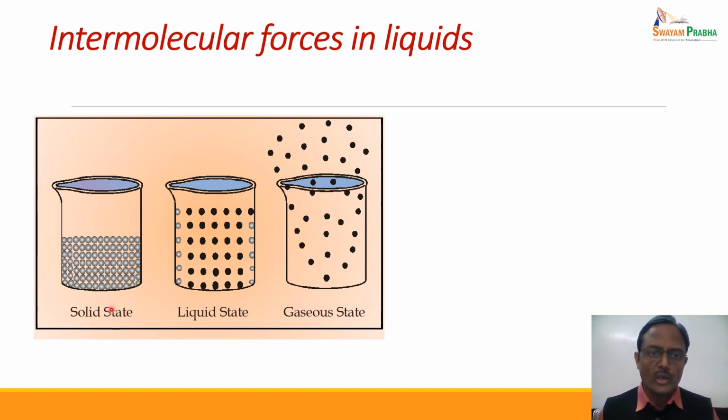When you heat a solid, the interparticle distance increases and it gets converted into liquid at its melting point. When we further heat this liquid, the interparticle distance further increases, converting it to the gaseous state at its boiling point. So there is a fundamental difference between these three states of matter. Among them, the liquid state is an intermediate state, where in case of solid there are strong